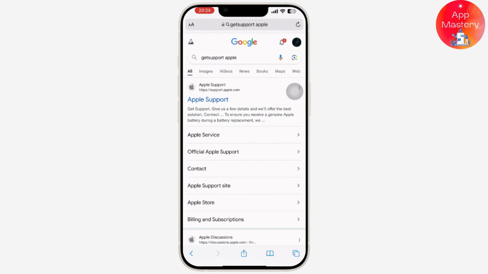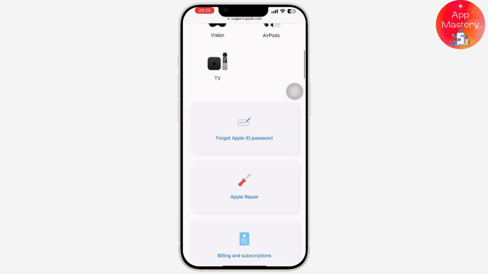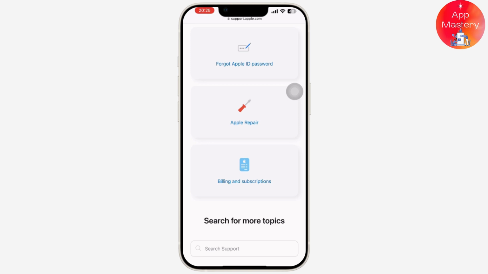Then after that, log into the Apple Support website. Inside Apple Support, scroll down and tap on the Billing and Subscription option available there. Once you tap on Billing and Subscription,